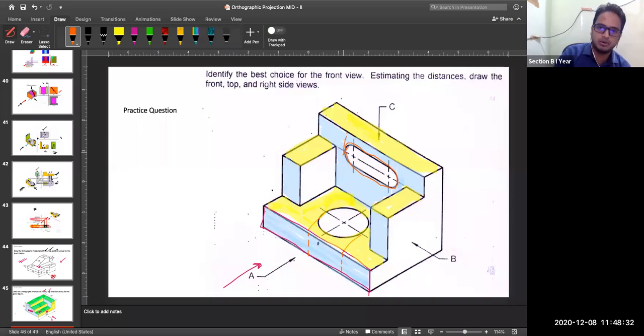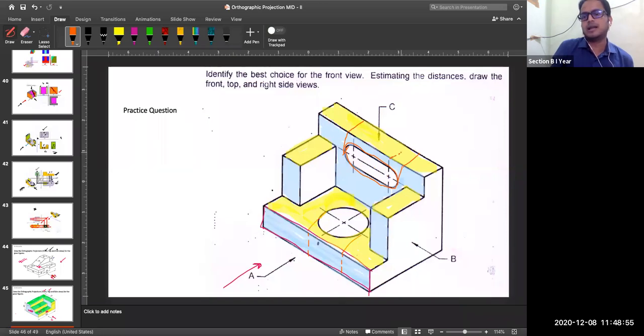So you have to draw the projections. It will go to the top face. And if you look at it from the top, here you will get one rectangle. And since at the end of the rectangle you have two semicircles, you have to draw center lines also. At this location, your center line will come.